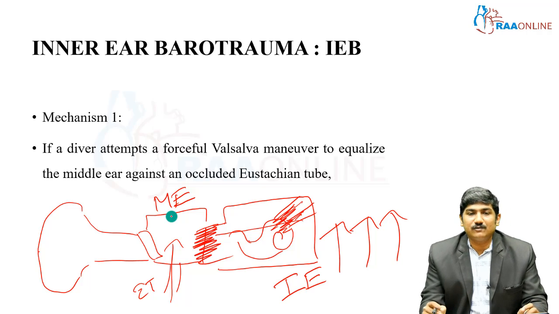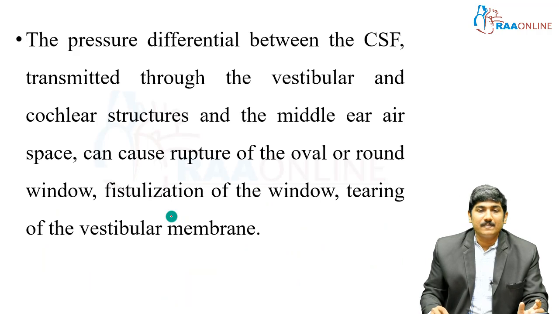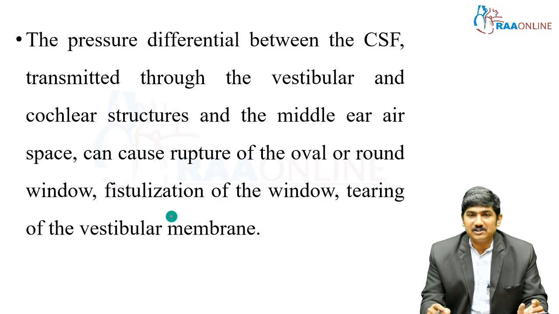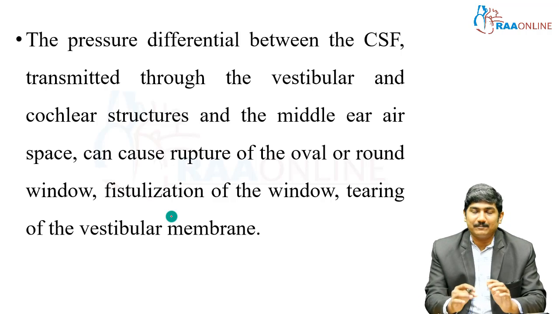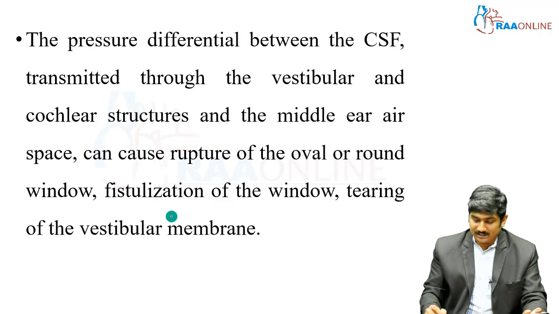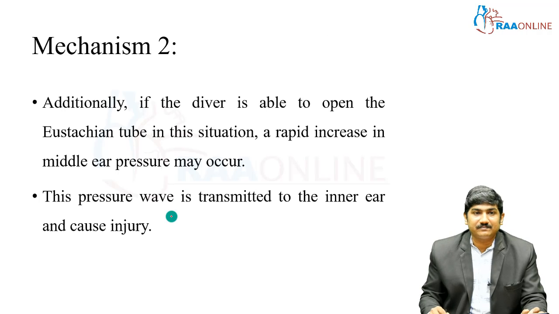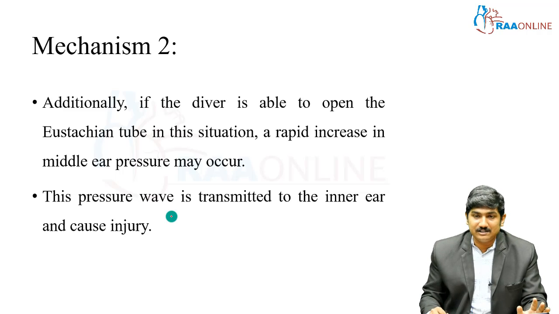This is mechanism 2, right? So, if a diver attempts a forceful Valsalva maneuver to equalize the middle ear against an occluded eustachian tube, that is mechanism 1. The pressure differential between the CSF transmitted through the vestibular and cochlear structures and the middle ear airspace can cause a rupture of the oval or round window, fistulization of the window, tearing of the vestibular membrane. Hope the concept is clear. The second mechanism is, additionally, if the diver is able to open the eustachian tube at this point of time, a rapid increase in the middle ear pressure occurs. This pressure wave is transmitted to the inner ear